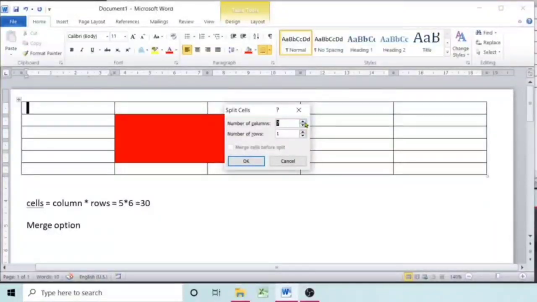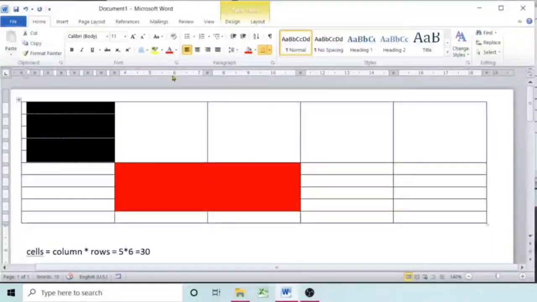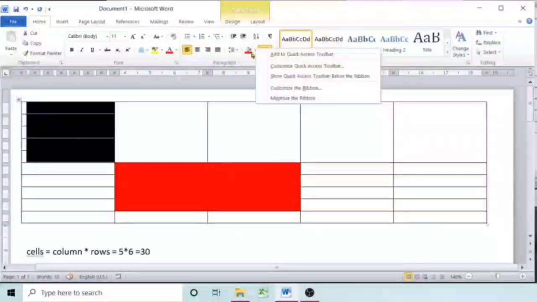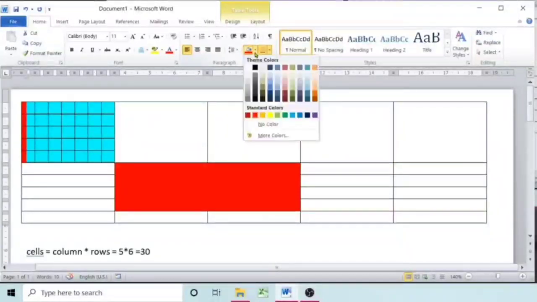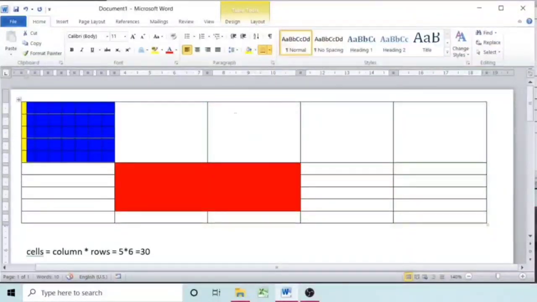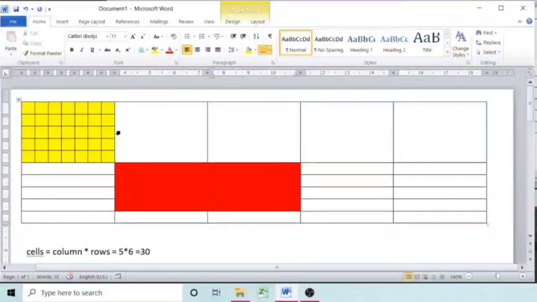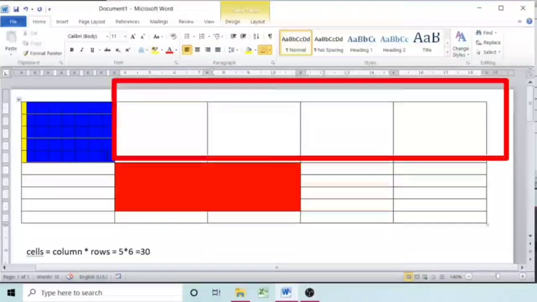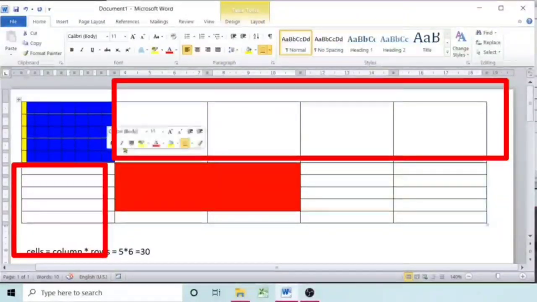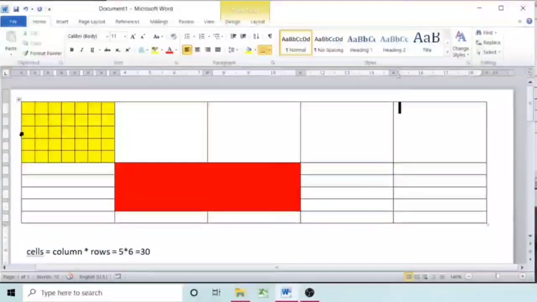Next one is split. Splitting means when you are dividing one cell into many cells. Now look here. In this cell I have used split option. Now just observe all the cells adjacent to this cell. Are they same? No. In first cell there are subcells. That means first cell is divided into many cells. That's why the option is split.